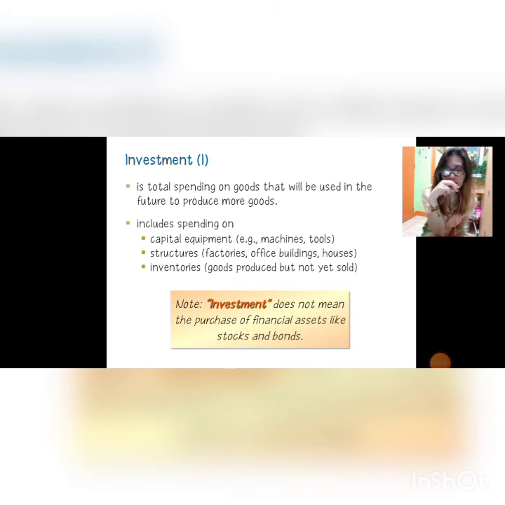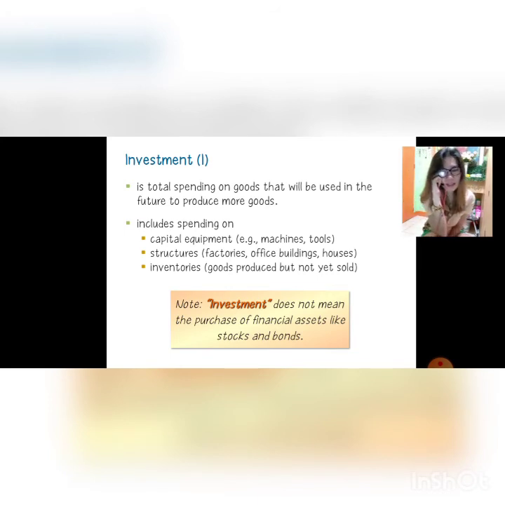Okay. So investment is the total spending on goods that will be used in the future to produce more goods. Okay, do I need to elaborate? I don't think so. Yung mo invest sa stocks and bonds. Charot. Mo invest we invested ani nga sabon kay after a year kutis Koreana ka na. Those are what we call investment.